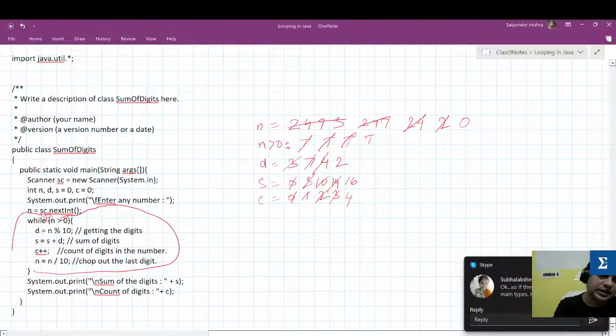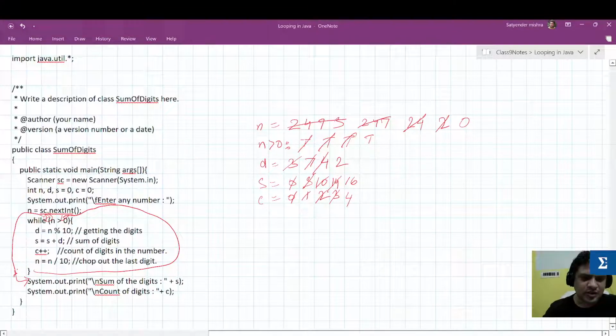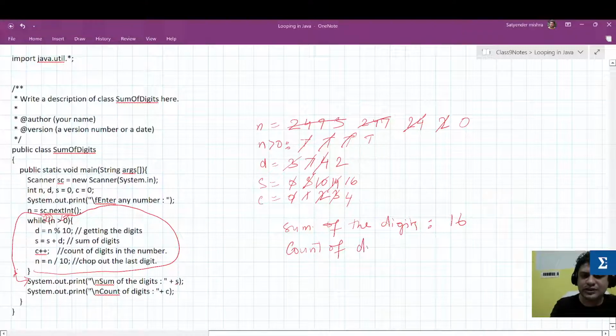Then when it is false, control will come down to this place and it will show you the output sum of digits, which is S. That means the output will be the sum of the digits, that is 16, and the count of digits is 4. Okay. So this program can be written, I have written it using while loop, but this program can